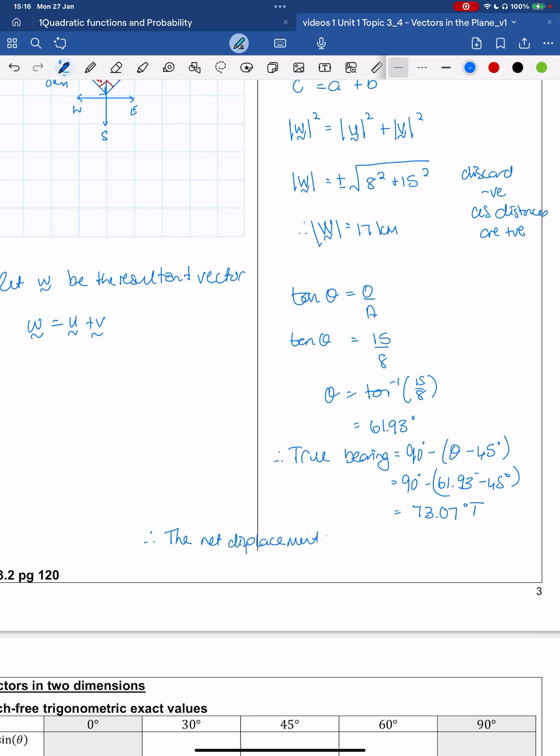Okay, so therefore the net displacement is 17 kilometers on a bearing of approximately 73 degrees true. 073 true. Remember, when we have a true bearing, we're going to have 3